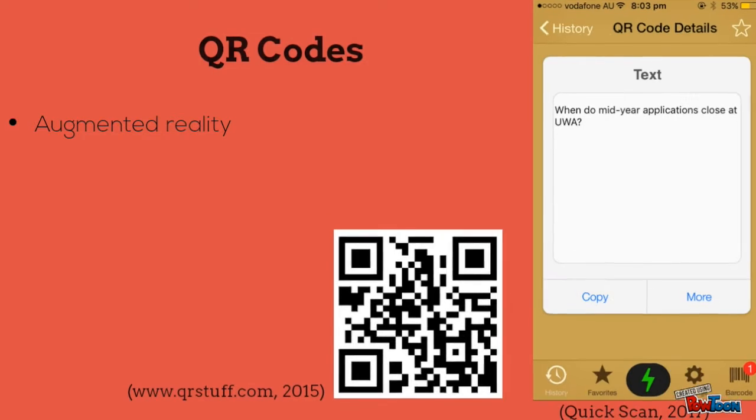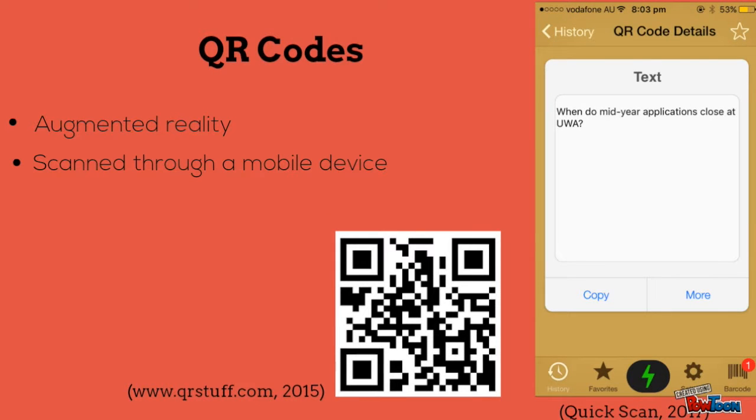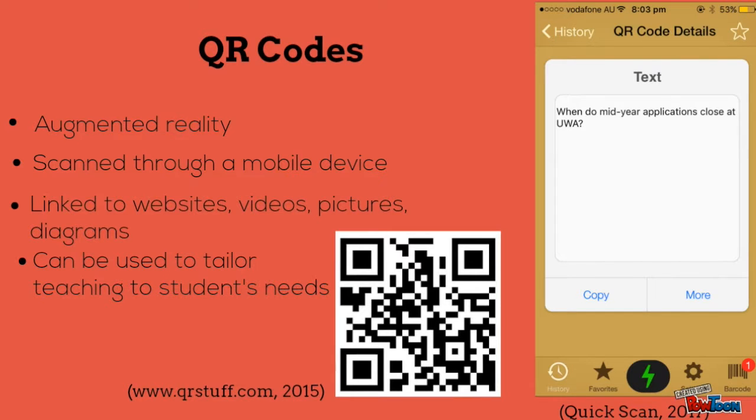The third use of mobile technology is another augmented reality approach, QR codes. These codes that are scanned through a mobile device can be linked to all sorts of helpful resources for studying, such as links to websites, videos, pictures, diagrams, and more. It can be a great way to tailor specific learning to students, challenging those who are exceeding and providing extra